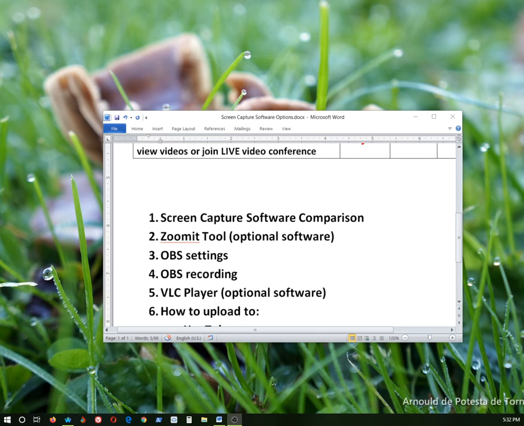Again, you're going to want to do that. The other thing you're going to want to do is add your web camera, the camera that's built into your laptop, right above your screen. To do that, you click the plus sign right down there, and then you choose video capture device. I haven't done this yet, so let me do this and you'll see exactly what happens. It's going to ask what you want to name it. I'm just going to leave it as video capture device. If you have multiple cameras, maybe you want to rename them. I only have one web camera at the moment, so I'm going to go ahead